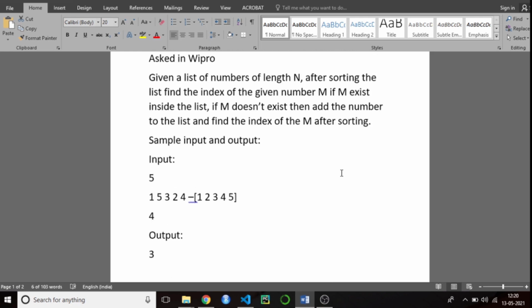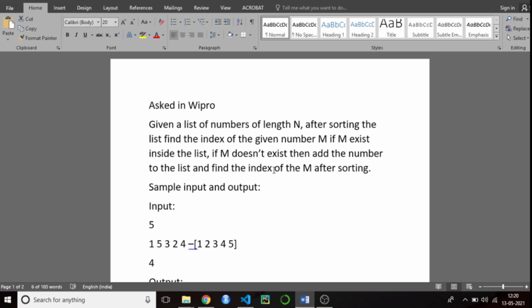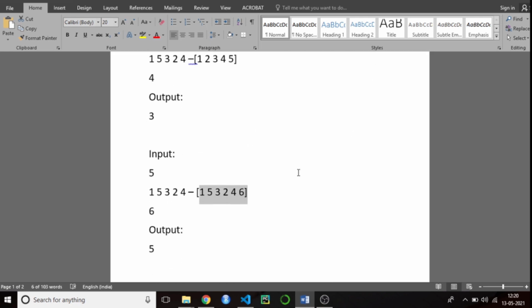They have said to find the index of m after sorting. So after appending a value to the end of the list, you need to sort this list. After sorting, the list will look like this. Then the sorted list is here. You need to find the index of element 6. The index of element 6 in this list 1 is 5.